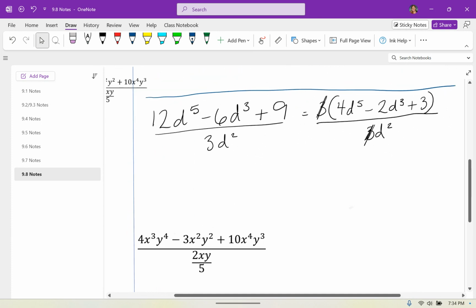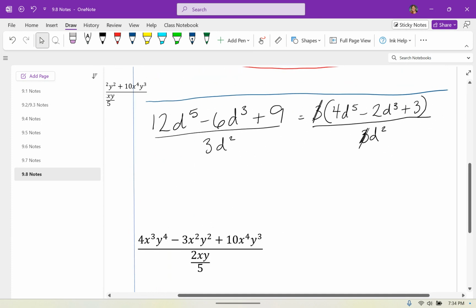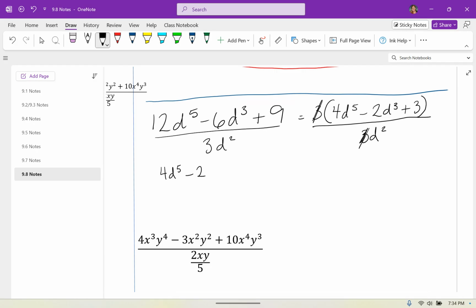And did you know that we have 4d to the fifth minus 2d cubed plus 3, all divisible by d squared? Okay, so that means that this is being divided by d squared, and this is being divided by d squared. So we can simplify further by writing it as